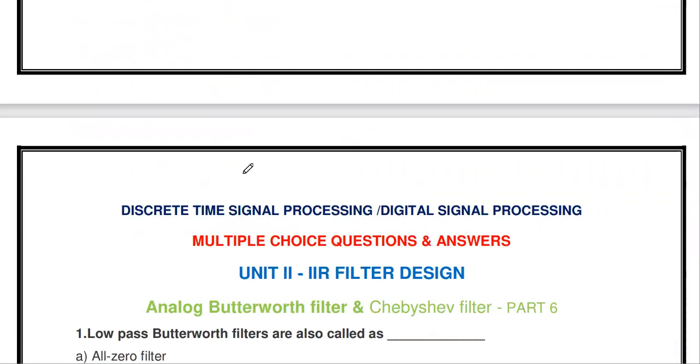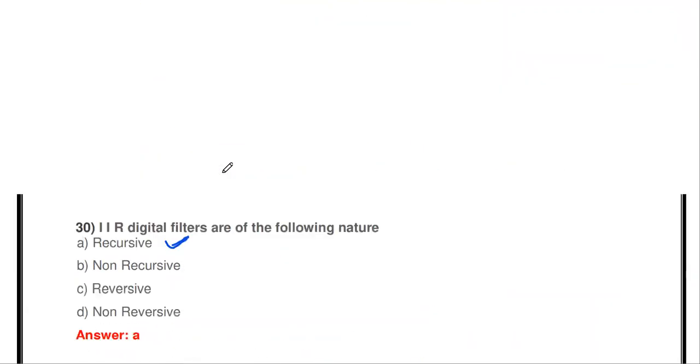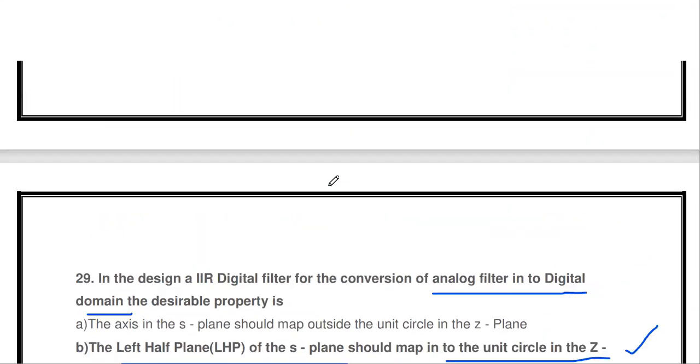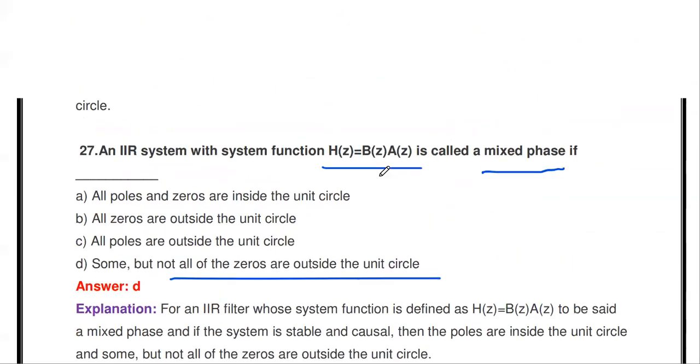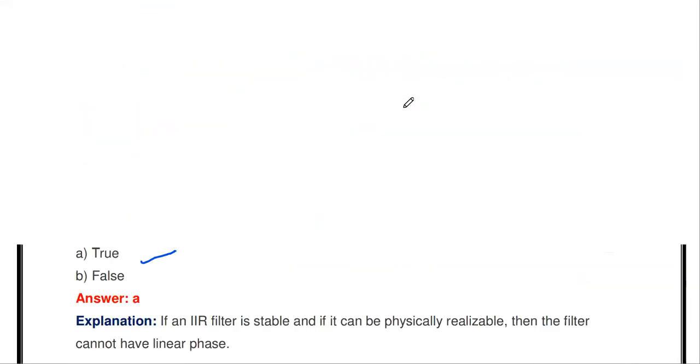So these are all the basic questions about IIR filter design. In the next video, we will discuss in detail the Butterworth and Chebyshev analog filter design concepts. And in the following video, we will discuss the different digital IIR filter design techniques: approximation of derivative, bilinear transformation, then matched Z transform, and so on. So these are some of the questions about IIR filter design.